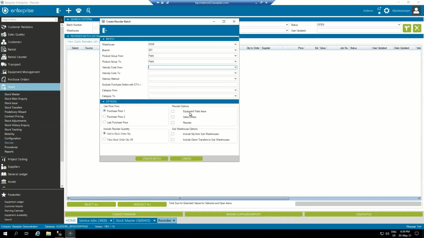and reorder. So parts issue is when it relates to a service job, like we just did. Sales order is when we want to sell something we don't have. And then reorder is when it is outside the min and max reorder points, so we can replenish based on usage. So if I select parts reorder and go create batch,